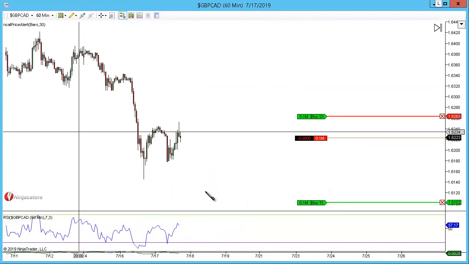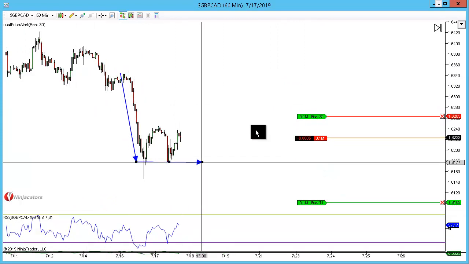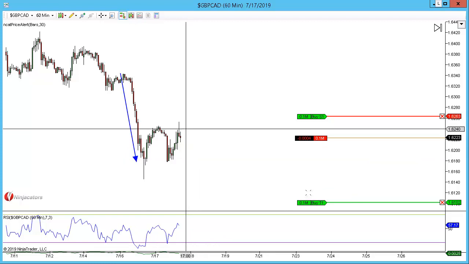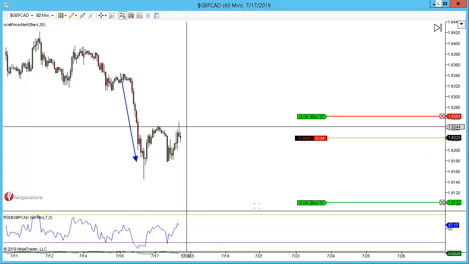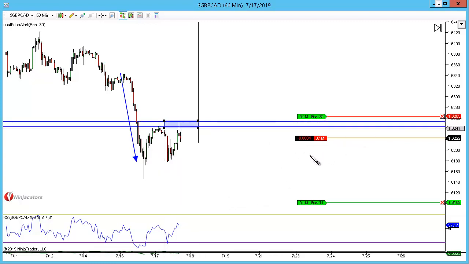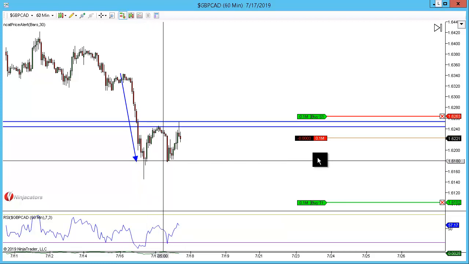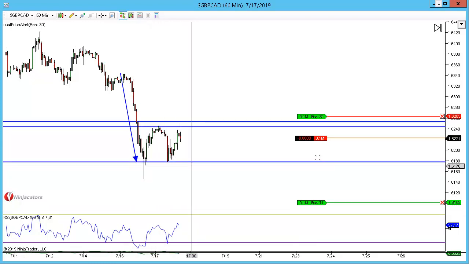So we've got our directional move, and what I'm going to do is put on a structure level at the close of the candles and the high of the wicks. Okay, and this here is our price reversal zone, so this is where we're going to be looking for structure to be held, and I'm going to put one down here as well